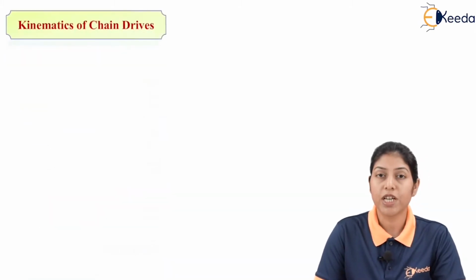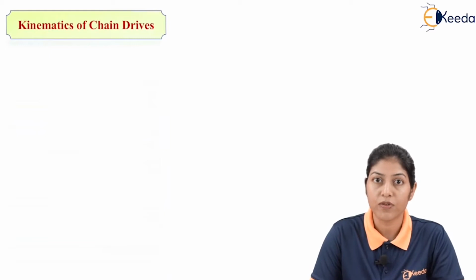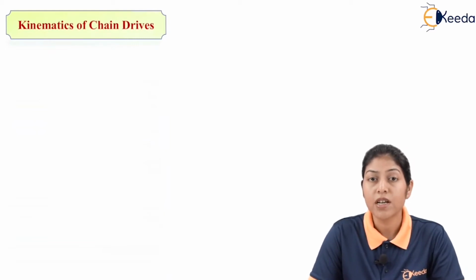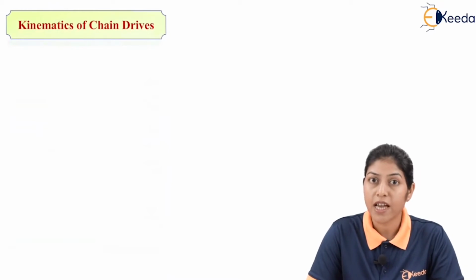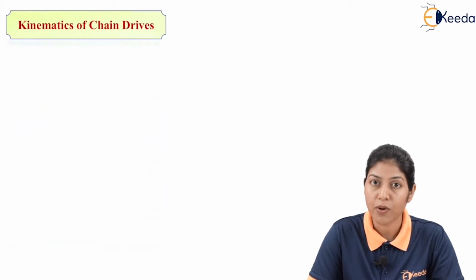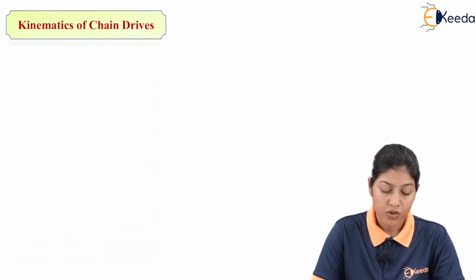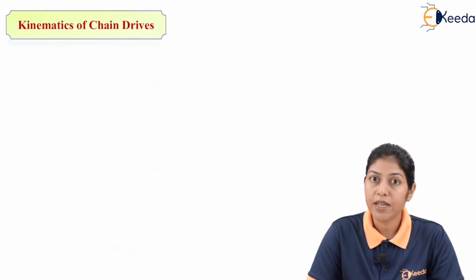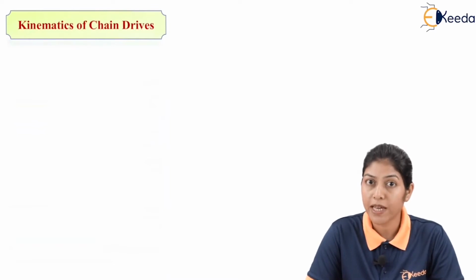Kinematics of chain drive is related to the angular velocity of sprockets because we generally consider two sprockets. One is the driving sprocket and another is the driven sprocket, and the chain is wrapped around those sprockets. When the driving sprocket rotates, it transmits the motion to the driven sprocket with the help of the wrapped chain. We generally consider the chain as a combination of different links attached with joints like hinge joints or pin joints. So we determine the kinematics of chain drive with the number of links which are wrapped around the sprockets.